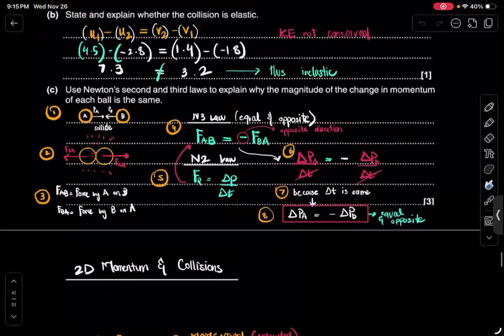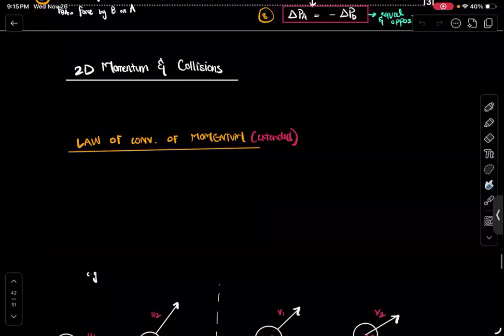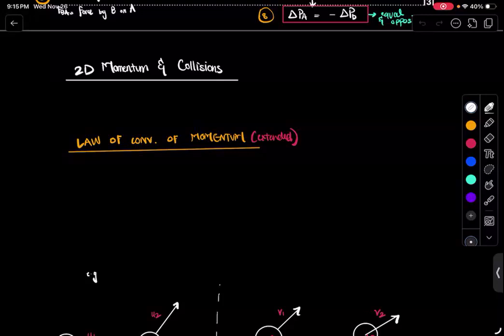Okay. Now, we've discussed the law of conservation of momentum, but we discussed it in a single dimension, right? Because you studied that the ball, whatever object is colliding, is either going left or right. So it's sticking to a single plane. It's one-dimensional only. It's either right or left, right?